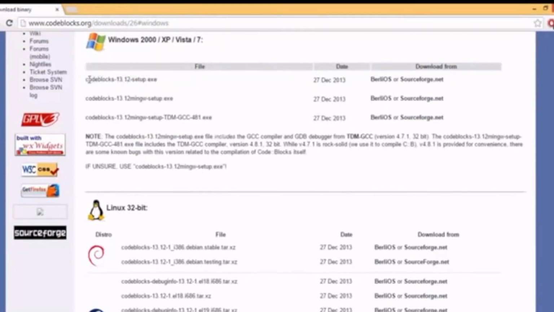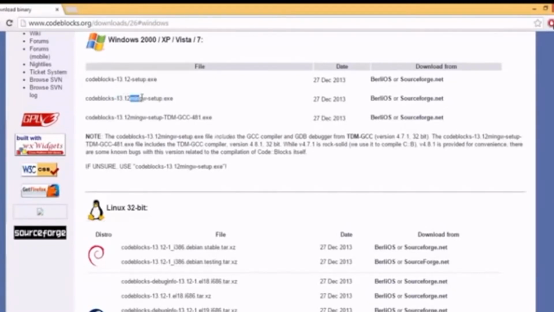One is only Code::Blocks, which is the IDE which will help you to write your code. The second link will provide you the compiler also. So just search for the link which has mingw in it, which is the center link. Code::Blocks 13 is the newest version at the time of making this video.